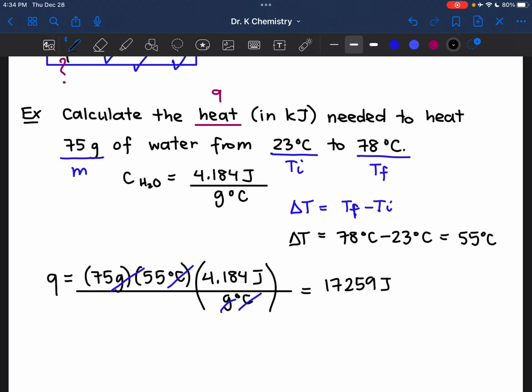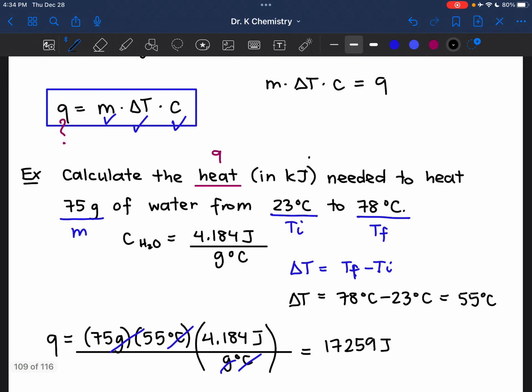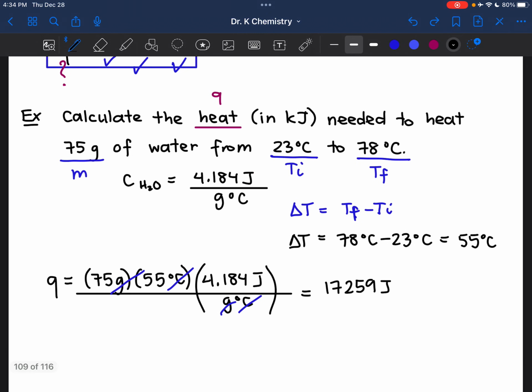And I need to convert that to kilojoules because the problem is asking for kilojoules. So I'm going to add another step here. There are 1,000 joules in a kilojoule. And since here joules are on the top, I need to put joules on the bottom in order for those to cancel out. So 1,000 joules go in the denominator and 1 kilojoule in the numerator. And now joules cancel out and our answer is left in kilojoules, which really means you are dividing by